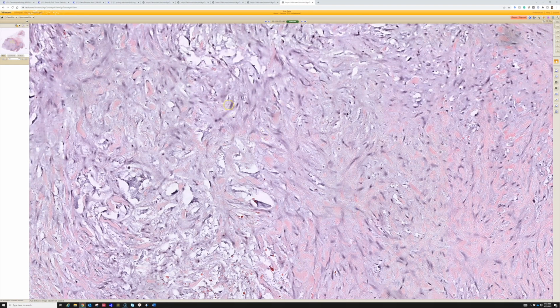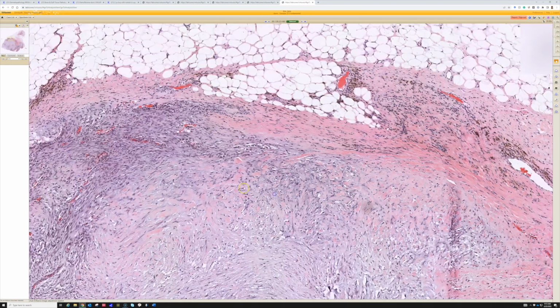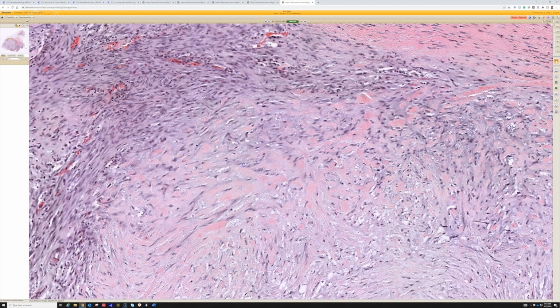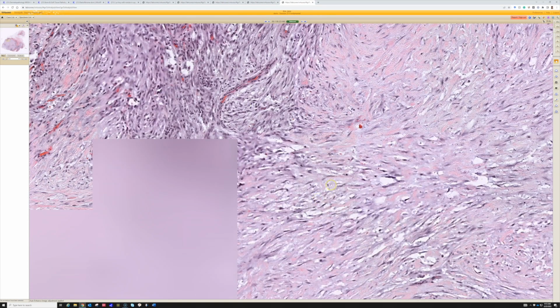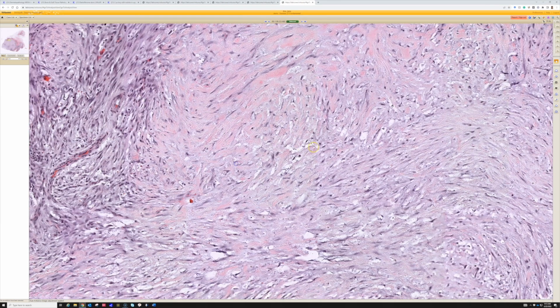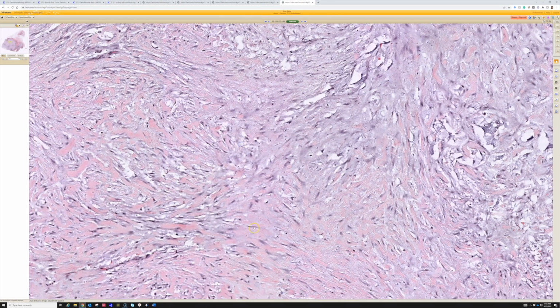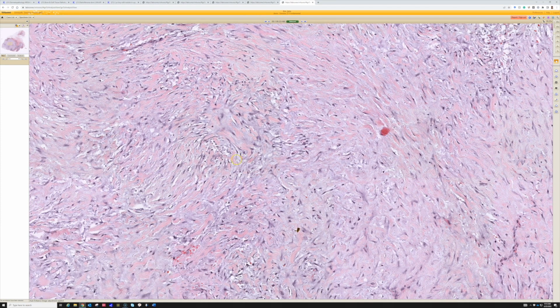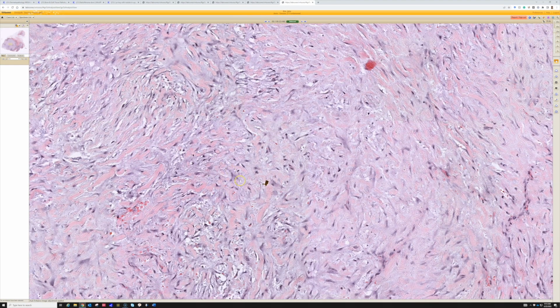I'm trying to find a good example in here. The cytology is not real clear on this scan, unfortunately. You don't see pleomorphism, but mitotic activity is totally fine, and sometimes it can be abundant, actually. So the cells, I have another video I'll put a link to down below, and it has some better view of the cytology. But you can kind of appreciate that the cells here have kind of pointed cytoplasmic edges coming